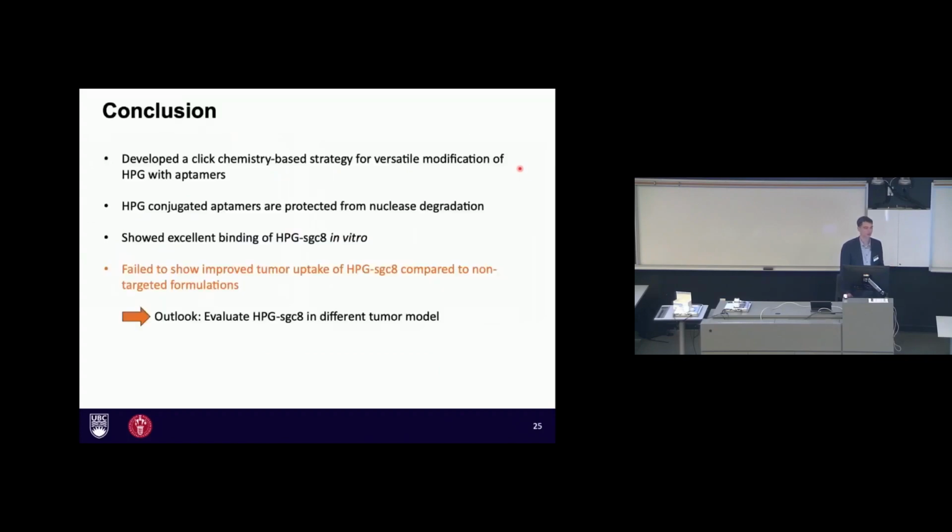And with this, this brings me to the conclusion. So we developed a very nice click chemistry-based synthesis scheme, which could be used as a platform. It's very easy to just replace, for example, this SGC8 aptamer with any different kind of aptamer to create this nanoprobe. We have shown that HBG conjugated aptamers are protected from nuclease degradation and have shown excellent binding in vitro, but unfortunately could not show the same superior effect in vivo. So I guess the next step would be to perhaps try this in a different tumor model or try